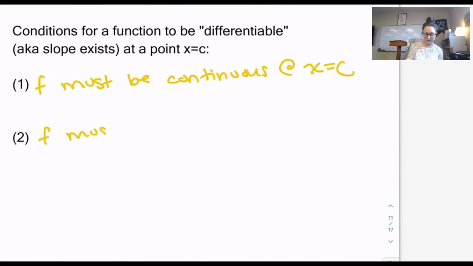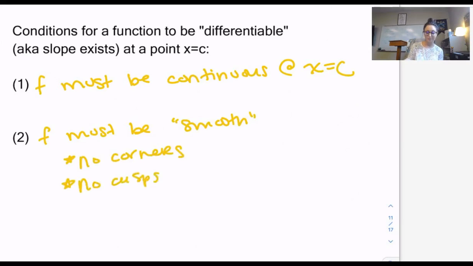So f must be smooth, and that means when I zoom in enough there, that function starts to look like a linear function. In other words, no corners, no cusps. We're going to look at that a little bit more as well. No vertical tangent lines. Okay, so go ahead and write that, and then let's take a look a little bit more at those cusps